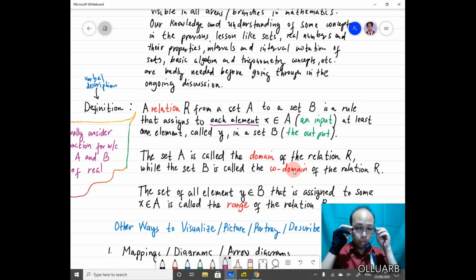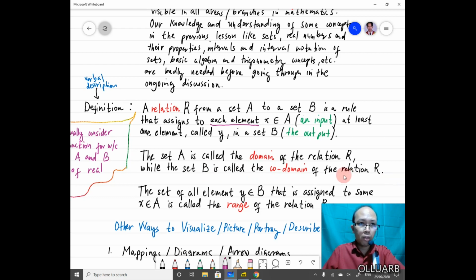But in many prestigious books in math, they always define the word codomain. This is a very important definition. So don't forget, our set A is the domain, and our set B is called the codomain of the relation